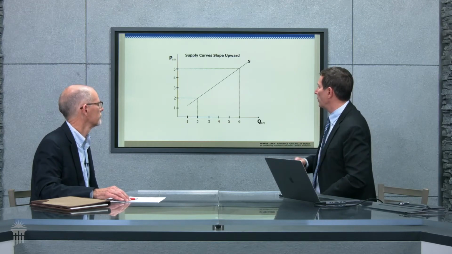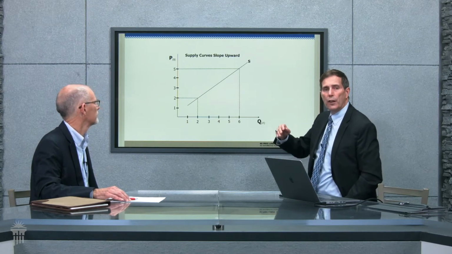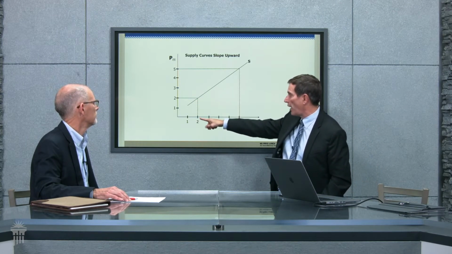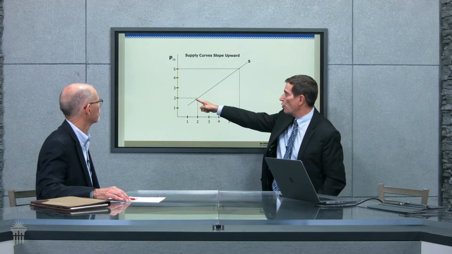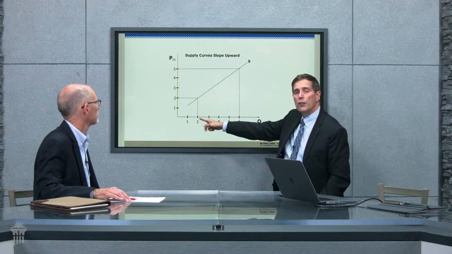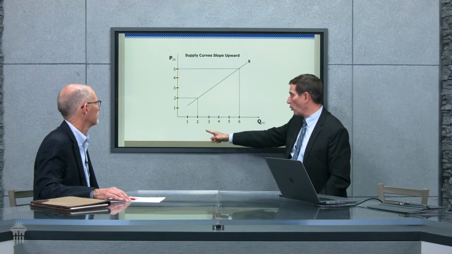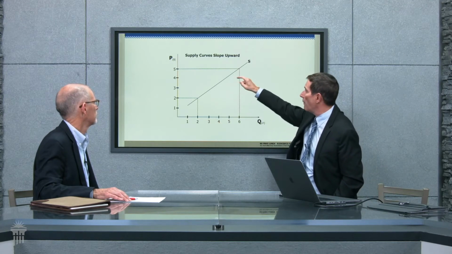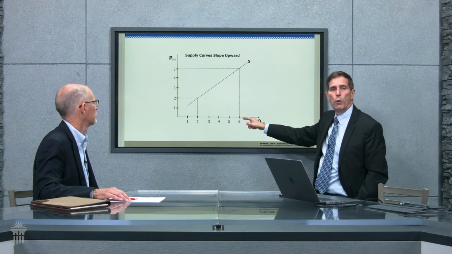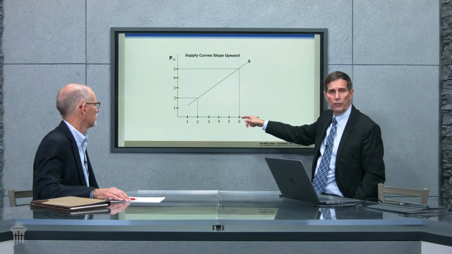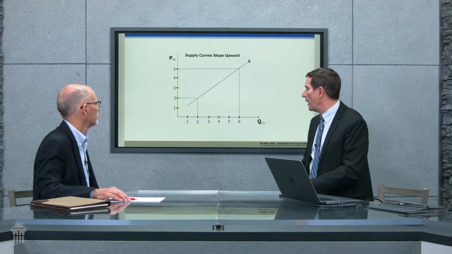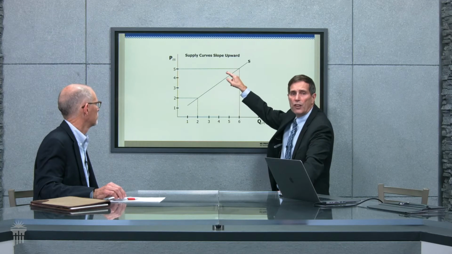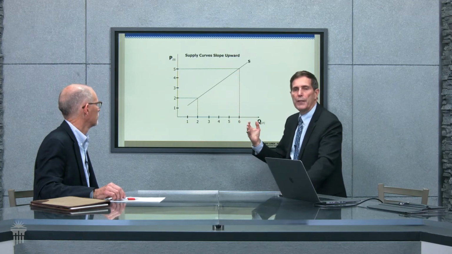So as with the demand curve, we find that the suppliers have a schedule where they would be willing to provide. For instance, on this diagram, if the price were $2 for this particular good, the producer might be willing to supply a quantity of 2 of them. But it would take an increased price of $5 for the producer to be willing to produce 6 of that quantity of that item. And so what we see is this particular line in the supply schedule actually represents the